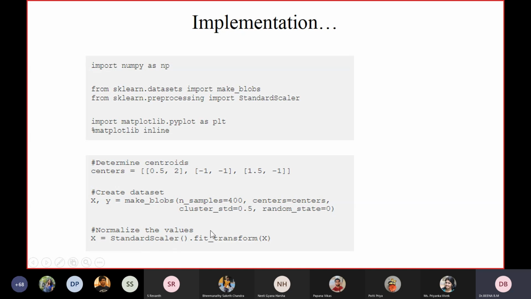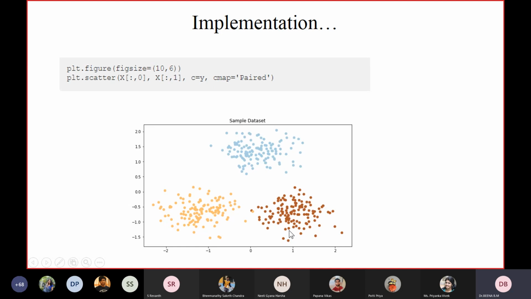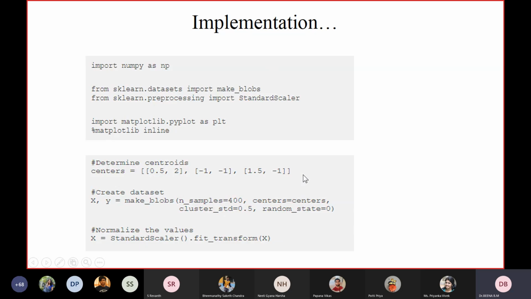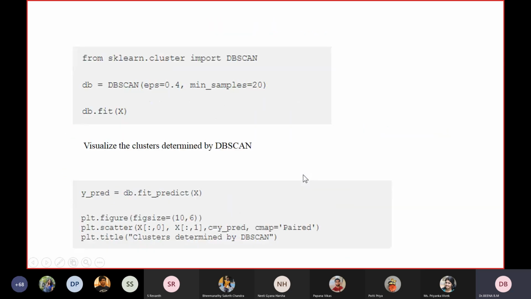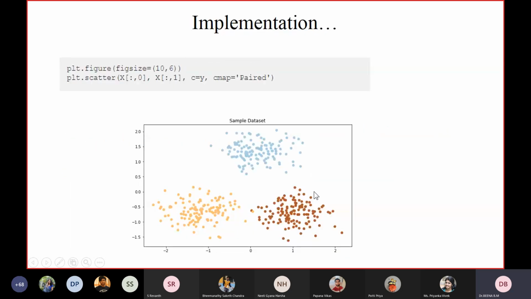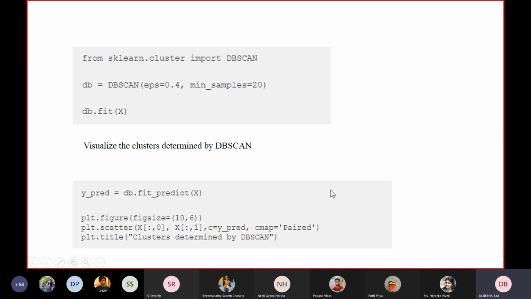Next, I am normalizing the values using the standard scaler and fit_transform. And then I'm going for visualization. This cmap is a color map. It is used to group the data points into different colors. So here, this is how I'm getting it. I'm just taking one random data set and categorizing these data points into different clusters.